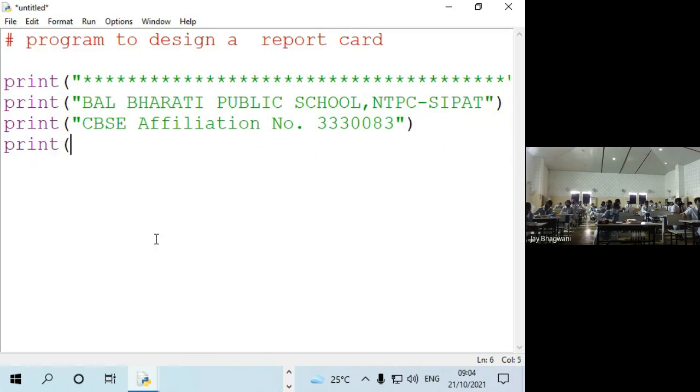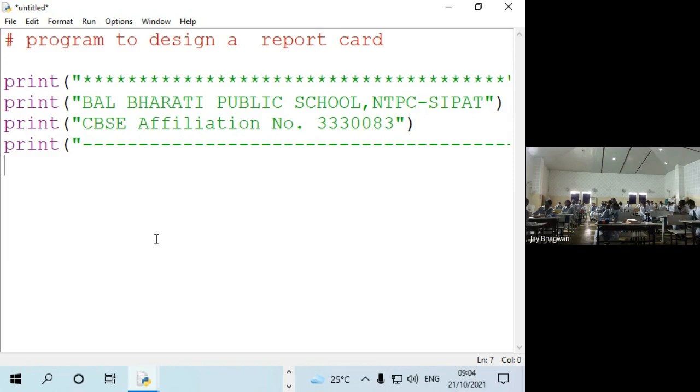And then I simply put a dash. The print statement, as you already know, is used for displaying information on the main console, the main output. Let me save this file and show you the output of this program.